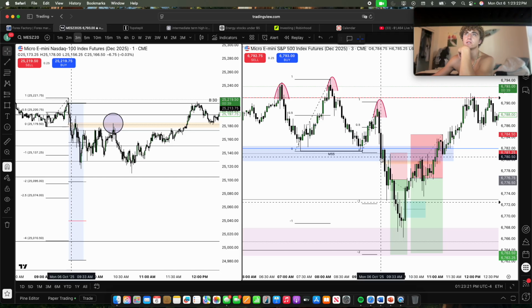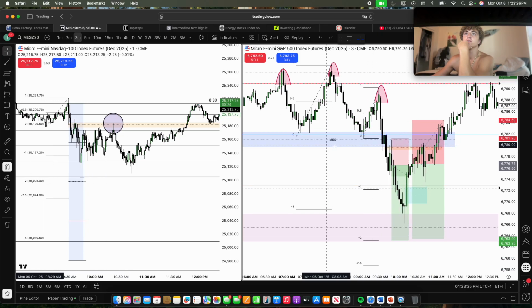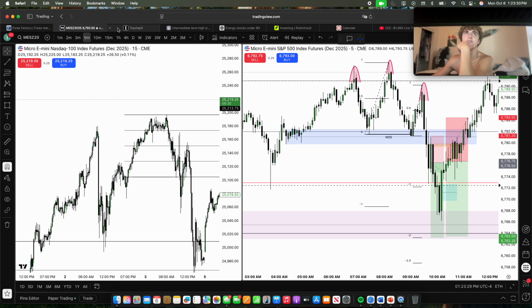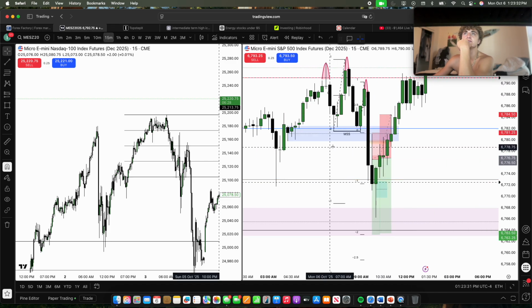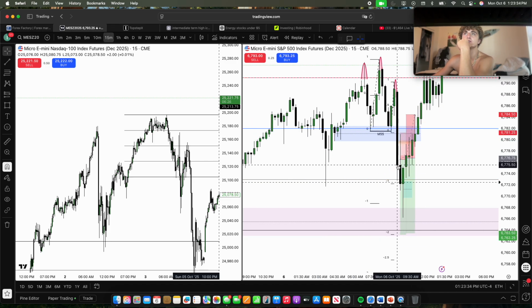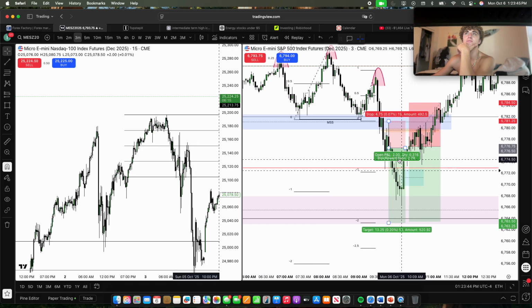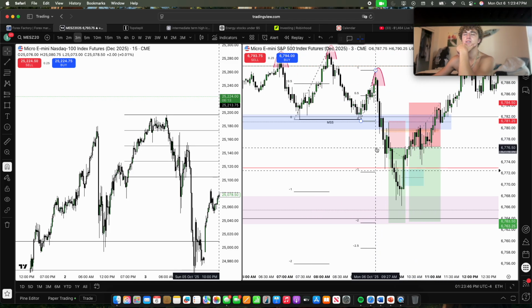We come up, we close right here, we tap back into this breaker block on the 3-minute time frame. This blue box right here, I believe it's a 15-minute. Is a 15-minute breaker block. So we get this close below, we get a retrace back into it, and this retrace back into it is into another 3-minute fair value gap. So it has a double fair value gap on the 3-minute, and then this should have been the trade that we took to the shorts, to the downside, to take out -1 standard deviation.